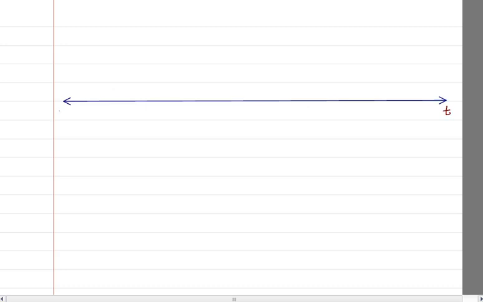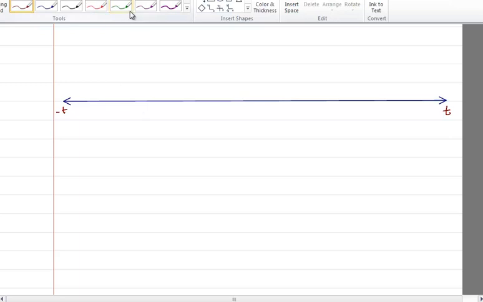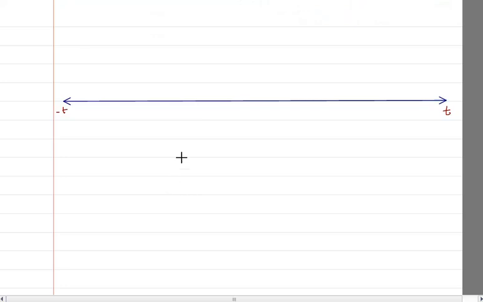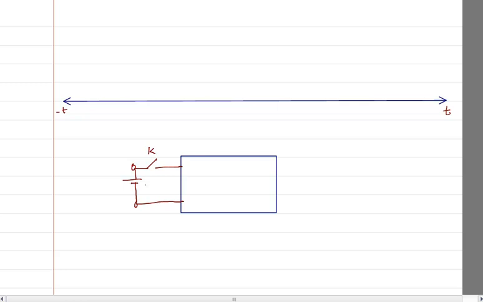This is the minus t. Okay, and there is a circuit. I'm not going to draw the circuit. Let me draw it by a representation that there is a circuit, and that circuit is having some switch somewhere. Let me name that switch K. This is the circuit, and it is connected to some voltage source or some current source. We don't know. There is some source through which energy is getting passed on to the circuit.